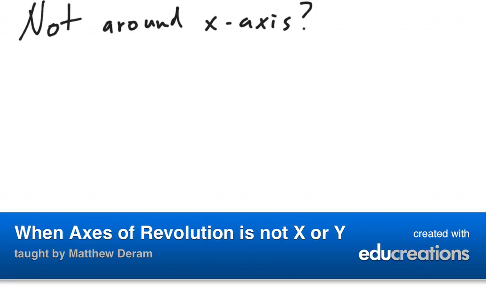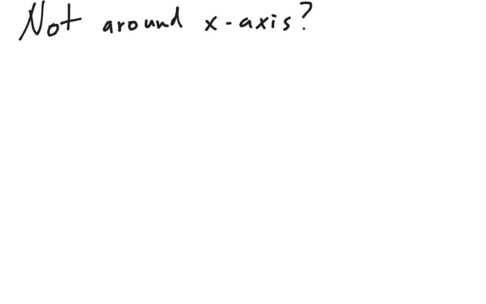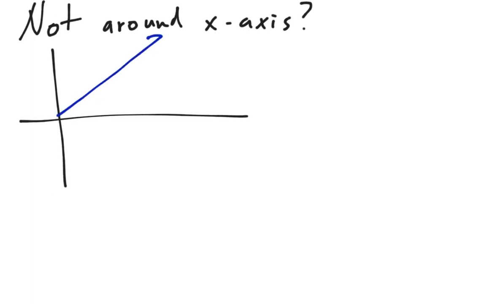This video discusses a variation on both the disk and washer method, and that is, well, what if the axis of revolution is not around the x-axis or the y-axis? So let's do a variation on the problem that we did in the previous video. Let's say that we have the same functions, y equals x, and here we have y equals x squared. But instead of revolving around the x-axis, let's say that we're revolving around the line y equals